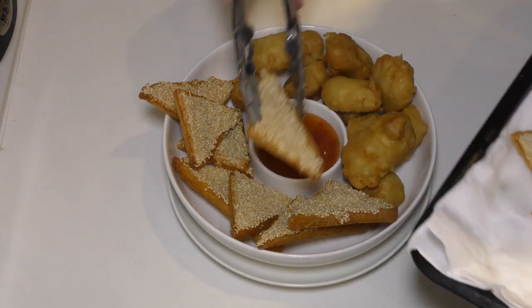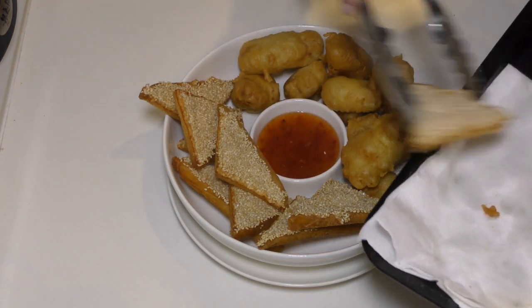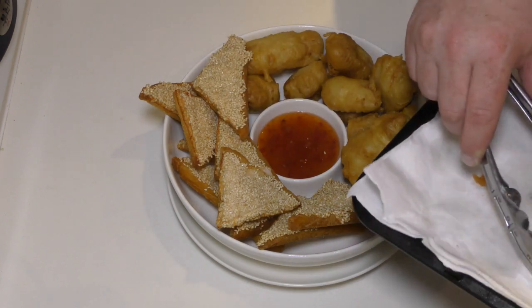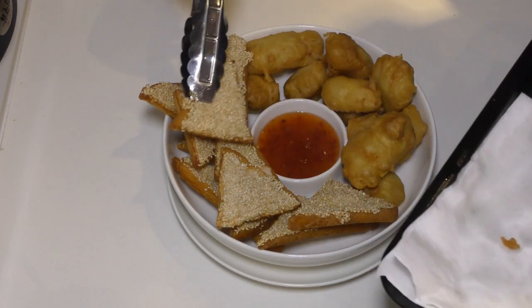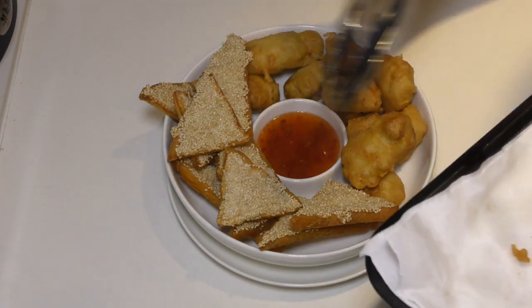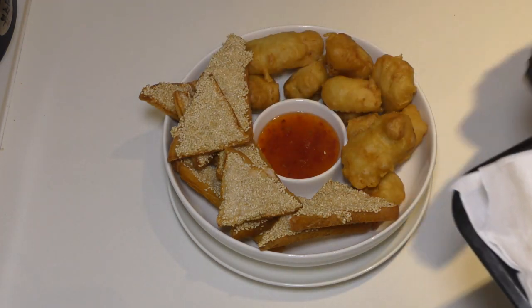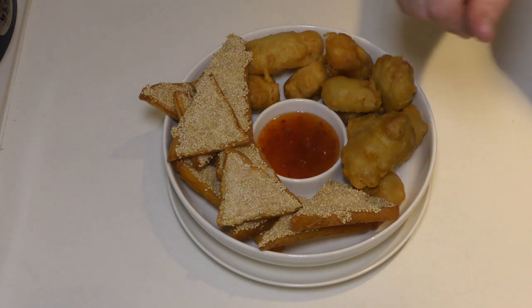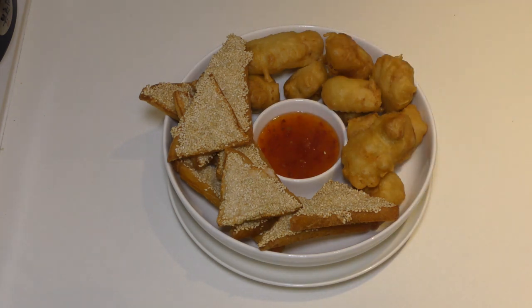Okay guys, so here we are. We're finished now. We're just loading up the last piece of prawn toast onto this beautiful platter here. Now I'm serving these up tonight as part of a little friends gathering that we got as a little starter. You can make these as part of your whole Chinese meal if you like. Little word of advice for you,